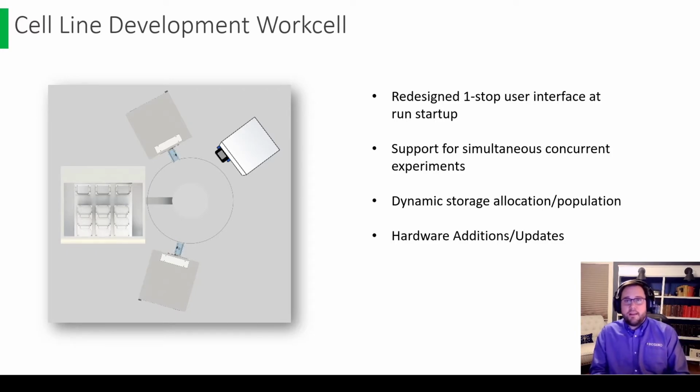This is something we eliminated with GBG by adding in a group ID string to tie all the plates together, and also by adding a dynamic storage allocation and population script to make sure that the space available in these incubators was used in the most efficient way possible. So it was only assigning and then deleting plates out of storage as they were added to or removed from the system, and not setting it at a fixed set of plates in a fixed location in either of these